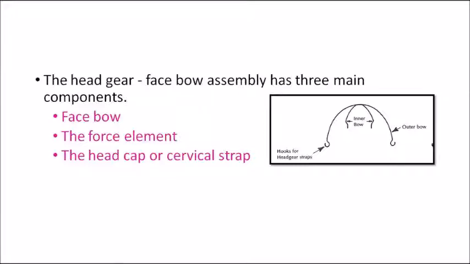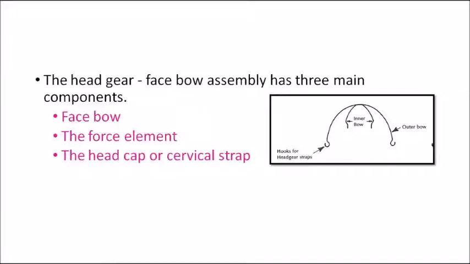So face bow, it's basically of two types, inner bow, outer bow type, or it can be a J-hook type of face bow. And in three scenarios the inner bow outer bow can present, whereas short, medium and long. Short is when outer bow is smaller than the inner bow, medium is when outer bow is of the same size of that of the inner bow, and finally the long one where outer bow is longer than the inner bow.